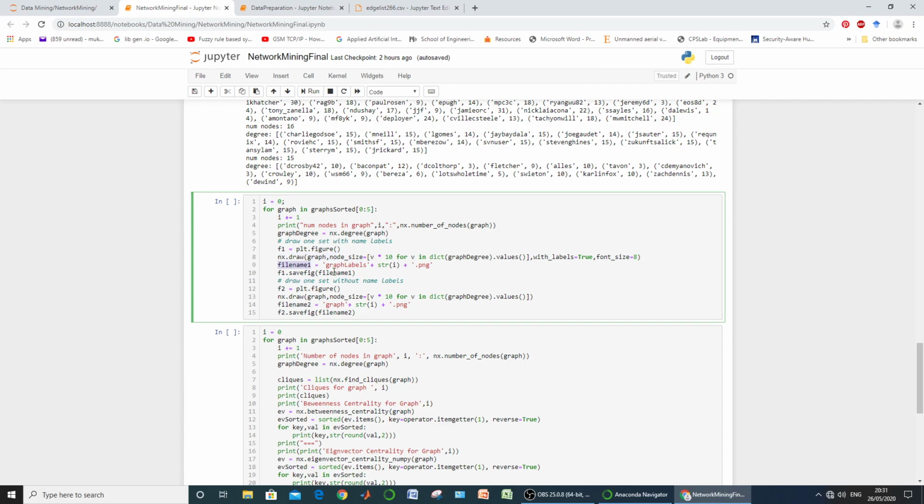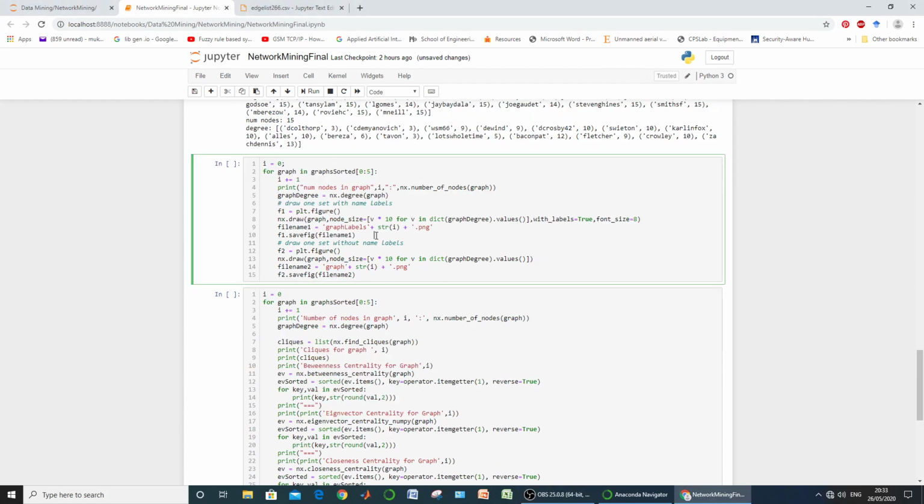Next we want to store this graph with a name, given as file name equal to graph labels, that is the constant one, string I. So this file name one is equal to graph labels, a string constant, and then I, which was an integer earlier, is cast to string, and then plus png, meaning png is going to be its extension.